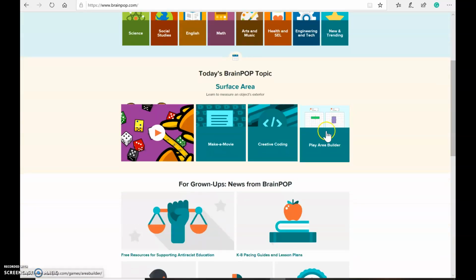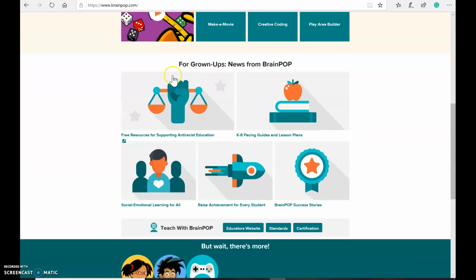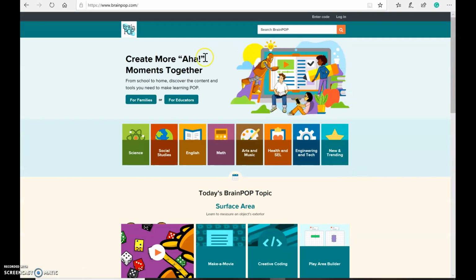If you scroll down, you can see BrainPOP's topic of the day here, and today it's surface area. So there are different things to choose from here that you can click on and look at. This is information for the adults, whether it be teachers or parents. So what we're going to do is I'm going to give an example